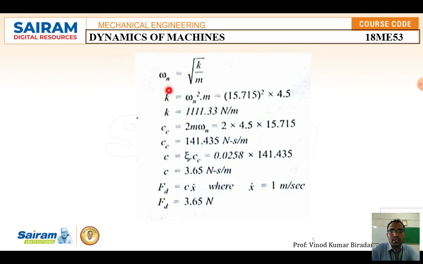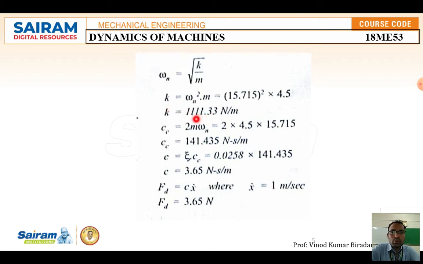Okay, so if you square both sides, k is equal to omega n square into m. So substitute here the omega n value, and mass is equal to 4.5. From this equation you calculate the spring stiffness. So they are asking for this only. Okay, spring stiffness is equal to